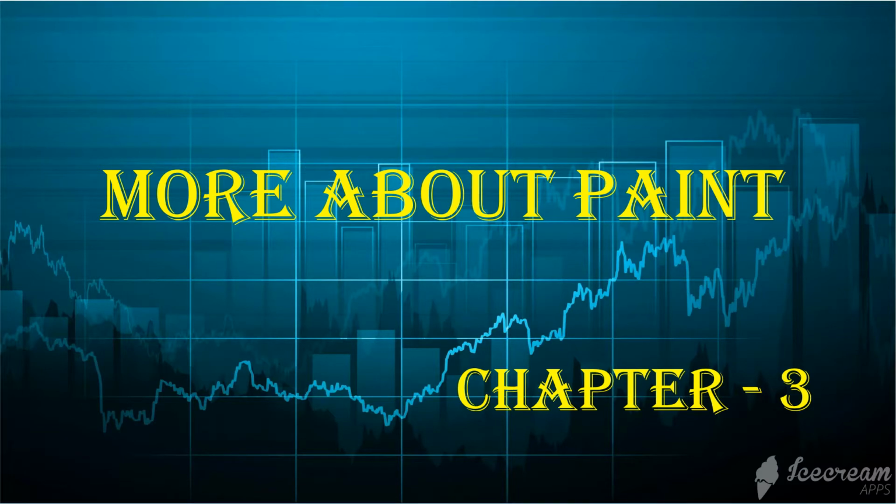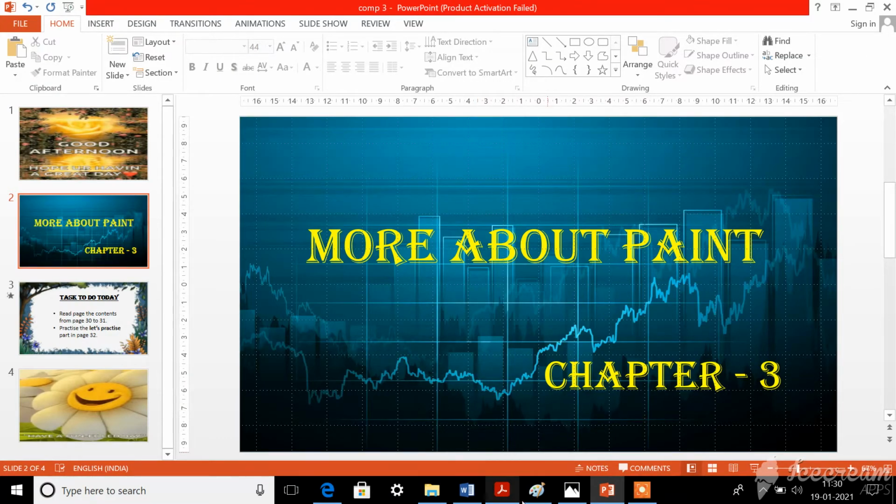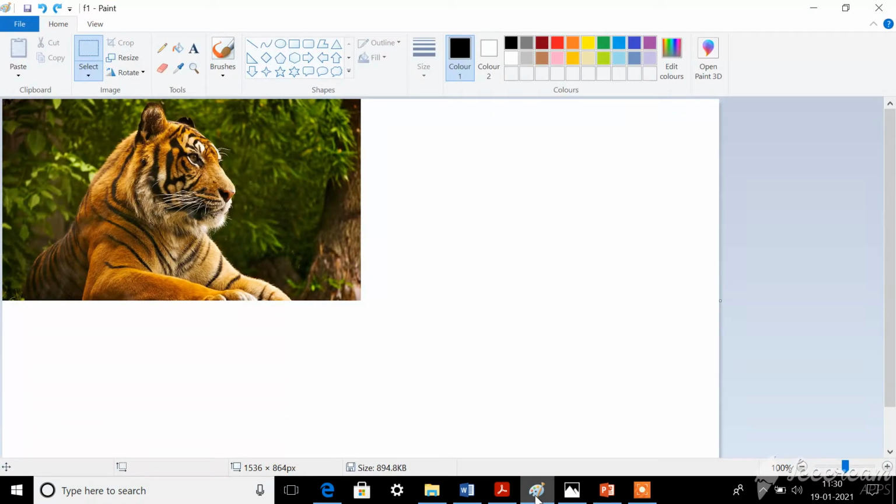So we are learning how to draw, edit, and what are the other features available in the Paint application, isn't it, dear children? Okay, now shall we open our Paint application? Okay, dear children, look at this. You already know how to open a Paint application, isn't it? So go to Start, All Programs, and there you get the Paint application. When you click on it, you will get a blank Paint application.